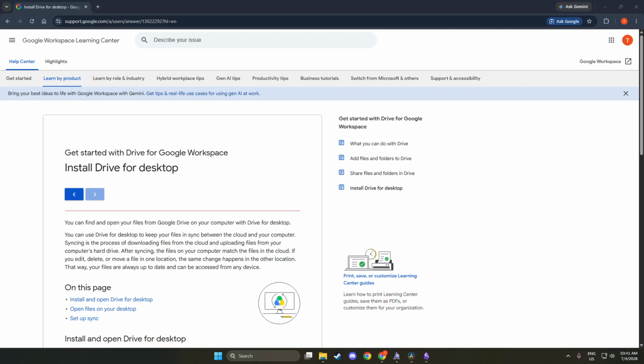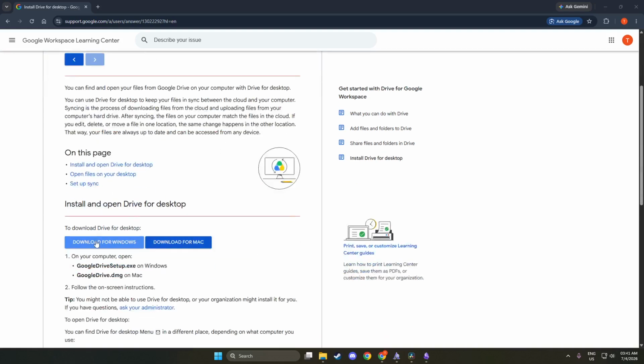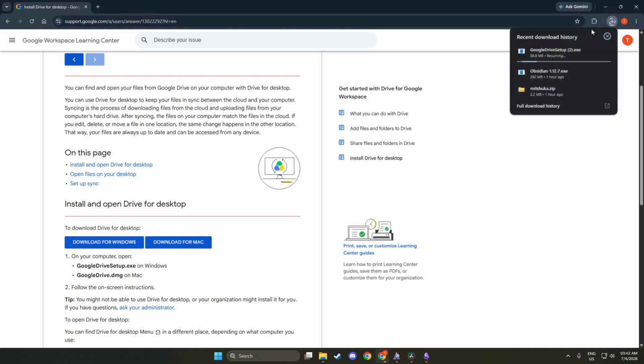Let's get started. First, you need to install Google Drive on your computer. Head over to the Google Drive website and download Google Drive for desktop. This software allows your computer to sync with your Google Drive account. Once downloaded, follow the installation prompts. After installation, you will see a Google Drive folder on your computer. This folder is where all your files will be stored. Having Google Drive installed is crucial because it ensures your Obsidian Vault is always backed up and accessible from any